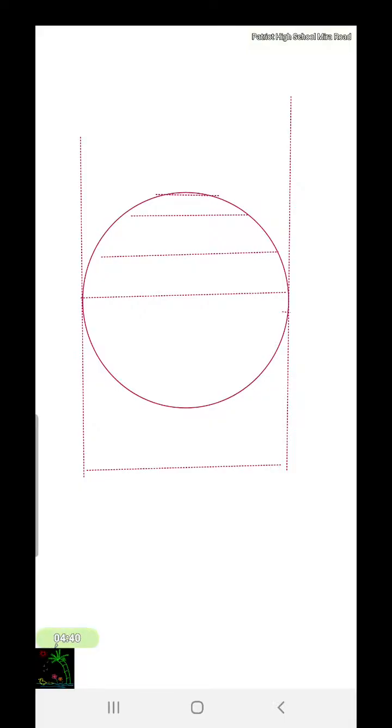And the diameter passes through the center of the circle. This is where the two lines intersect. That becomes the center of the circle. So suppose I call this as A. This is A, and this is point T. So the length from A to T, the length of AT is the diameter.